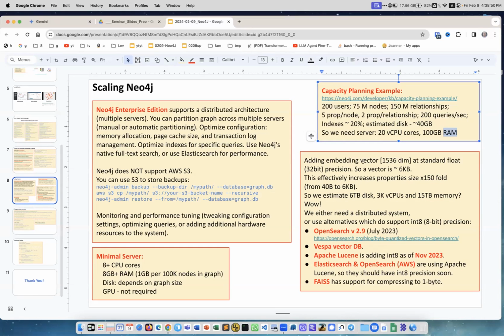But then let's say you're adding an embedding vector. It has this dimension, and each of those is 32-bit, I mean 4 bytes. It's a standard float precision. So suddenly you're adding 6 kilobytes to each node. So now you estimate that you need 6 terabytes of disk, and you need 3,000 CPUs and 15 terabytes of memory. So you cannot do it on one computer. So what do you do? You either need a distributed system, or